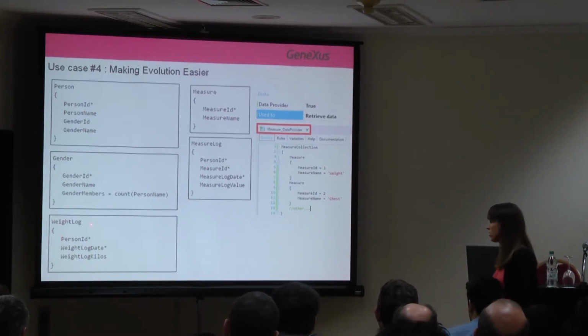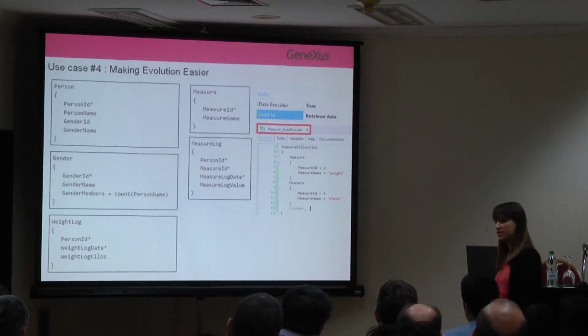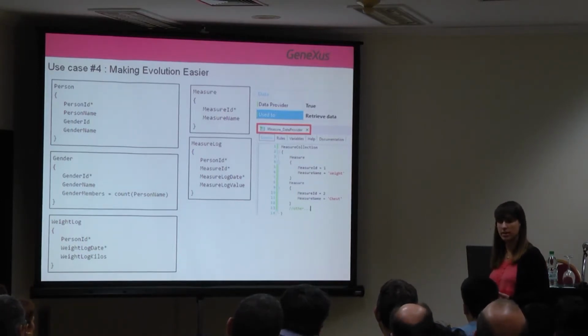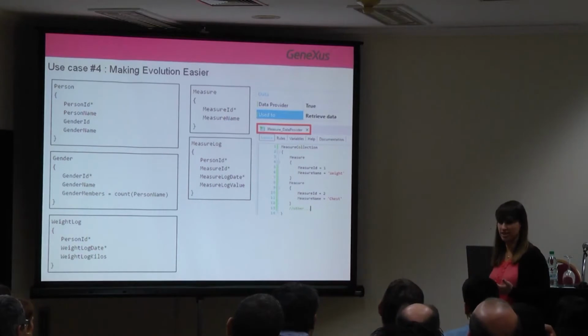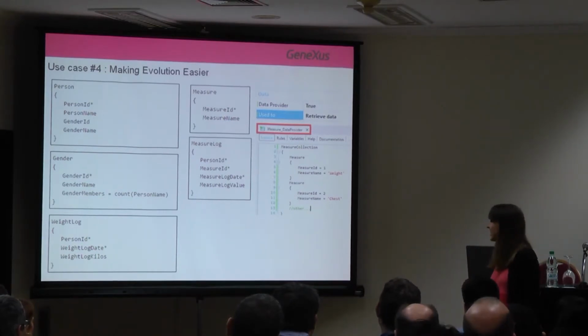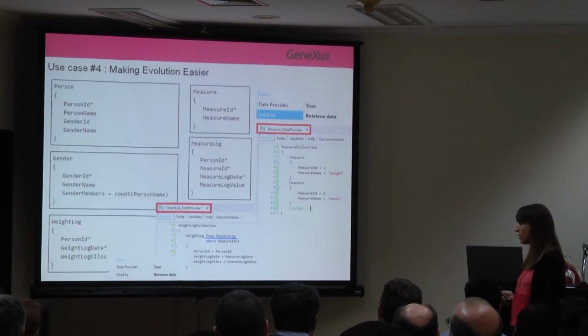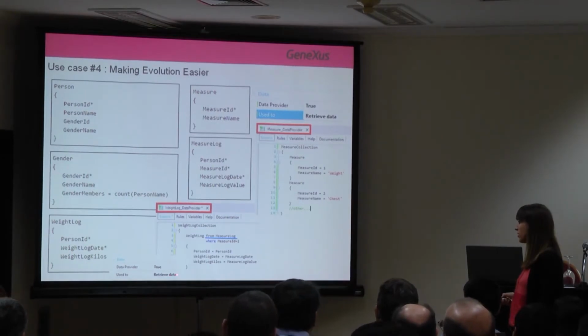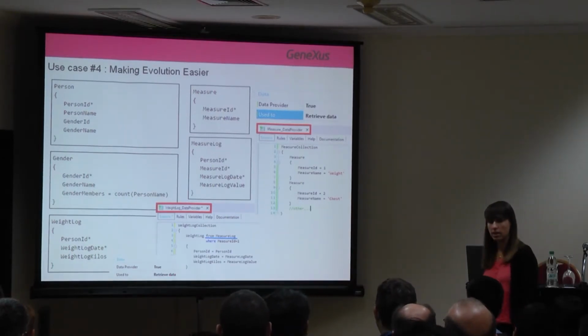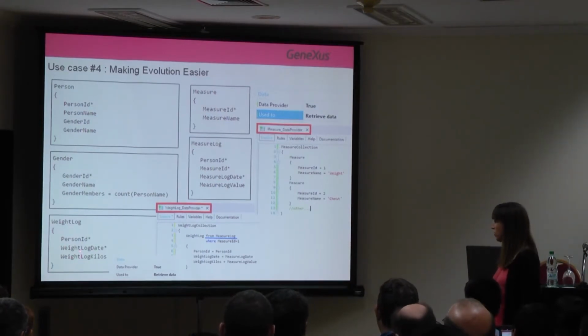Now, it turns out that weight load was being used in many places as base transaction, and these attributes were being used in many objects. So in order to evolve better, Nicolas, who uses dynamic transactions a lot, thought of defining this transaction as dynamic. And here it says data provider in True, so at that moment, the physical table ceases to exist. So the first thing we have to do is to upload all this information we have to measure load.